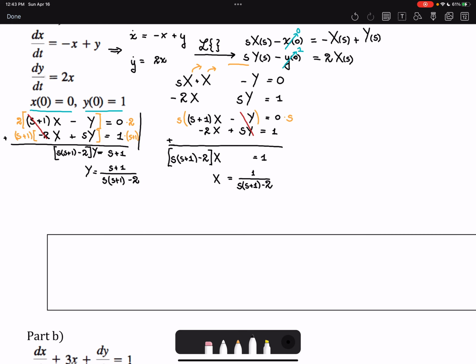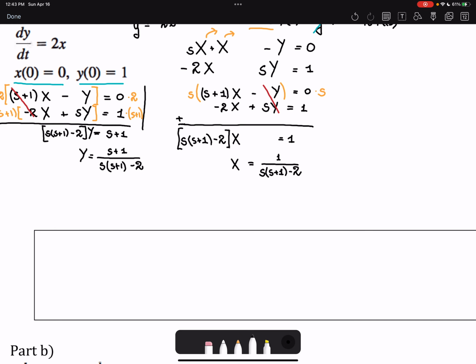And now that we have this, we can put it into MATLAB and get partial fractions for both of these. If I do that real quick, I'm going to use partfrac, and I'll show you how to do this in the next video. S plus 1 divided by S times S plus 1 minus 2, and all of that is the denominator of the fraction. And I can copy and put a 1 in the other one. Put a 1, press Control Enter,